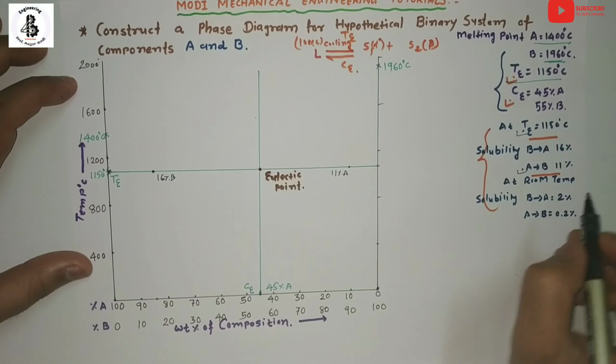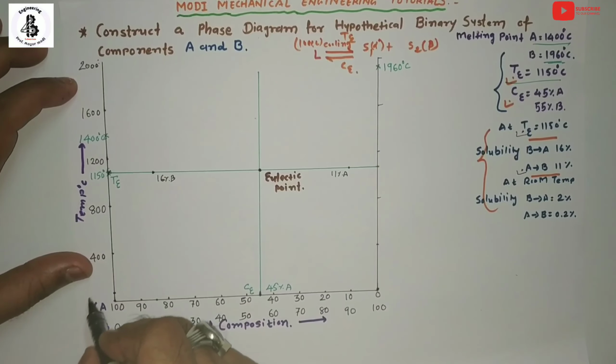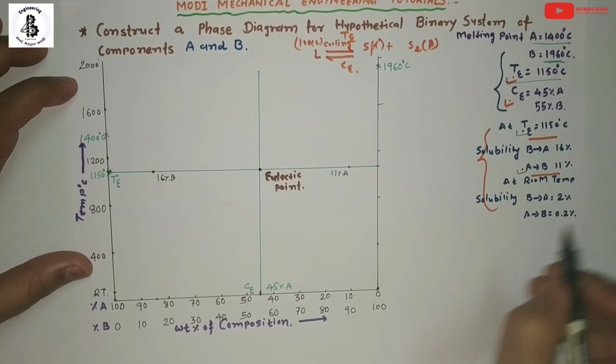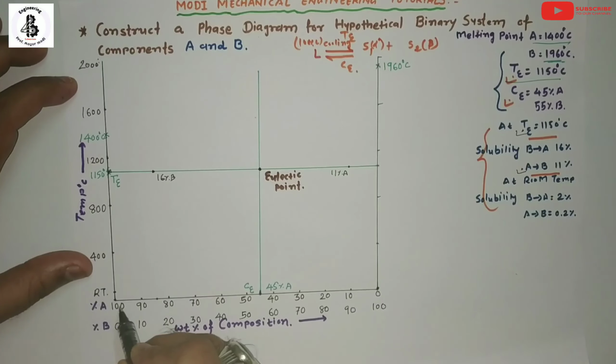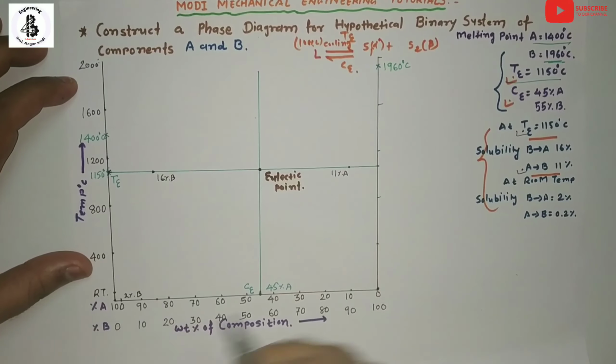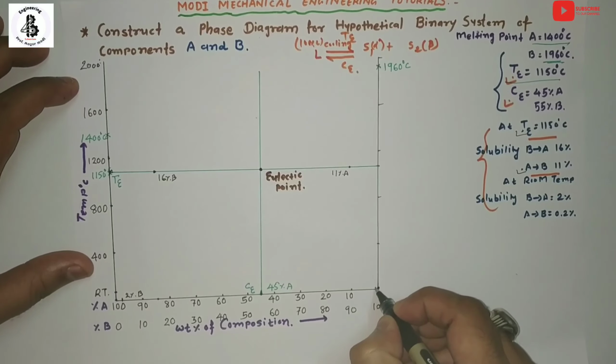Similarly at room temperature, you can make one point: B into A is 2%, so it will be around this 2% of B, and A into B